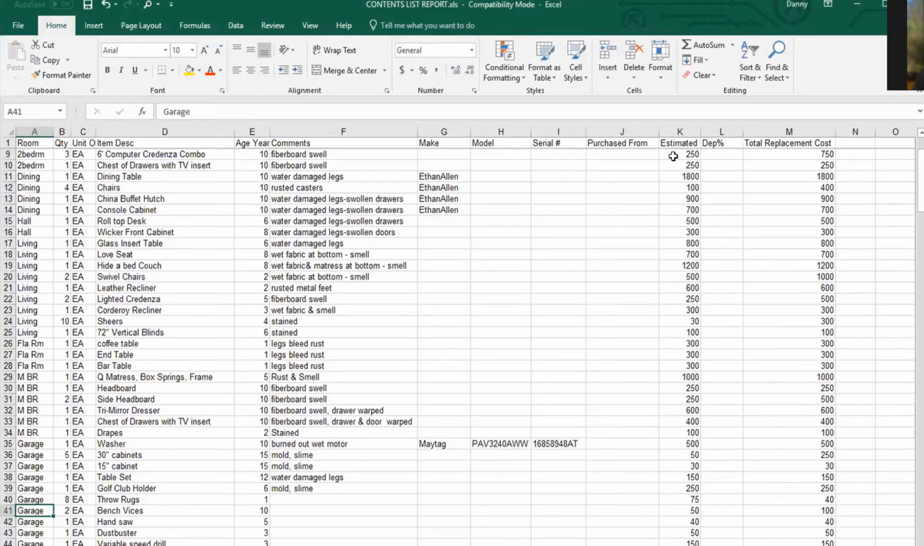Then it'll tell you what the estimate is. Tell them not to use the depreciation. As you can see, the price is then derived over here from the quantity times the estimated. So as you can see, there it is, 750. So once we have that all in and that looks good,